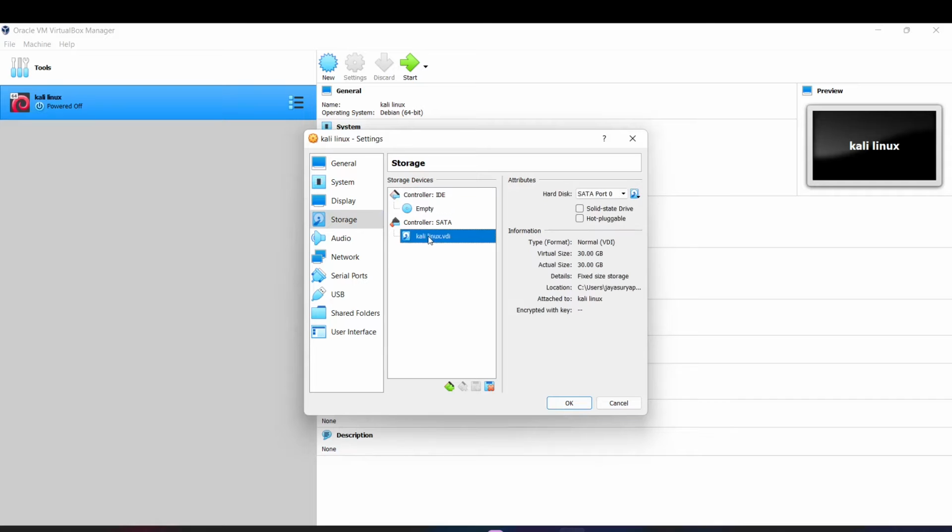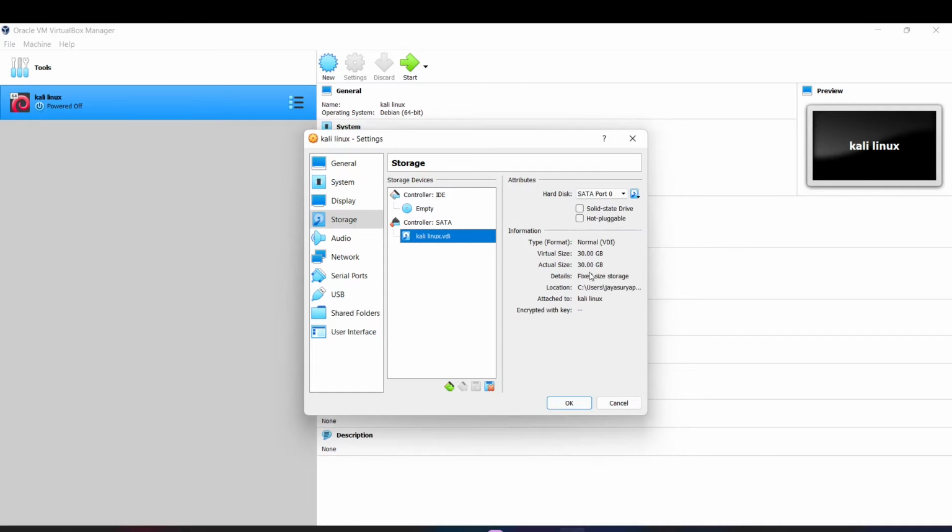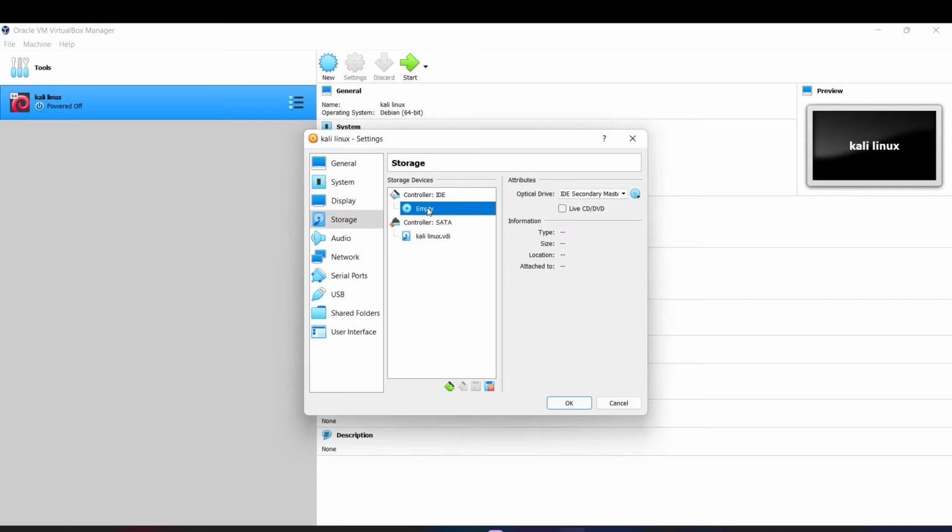Okay, so this is the 30 GB storage which we have created. Here we need to attach the ISO file. From this ISO file, it is going to install in this 30 GB allocated memory. So what we are going to do here,